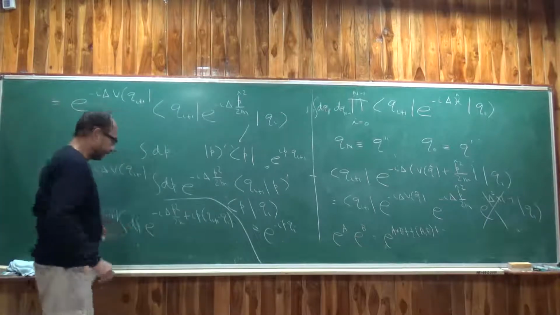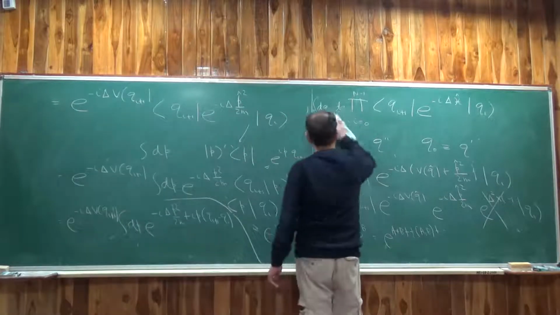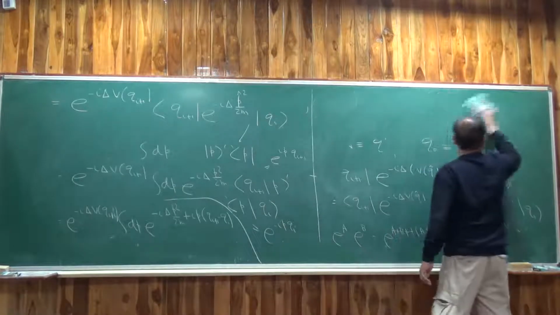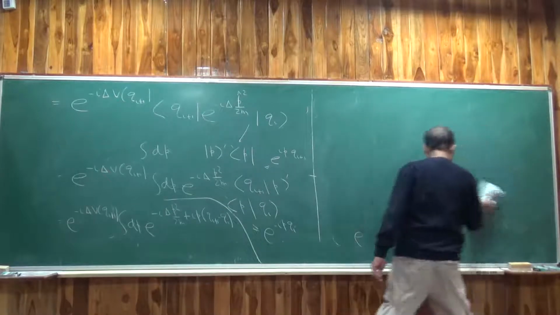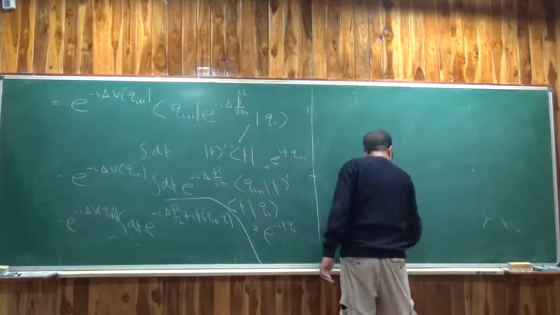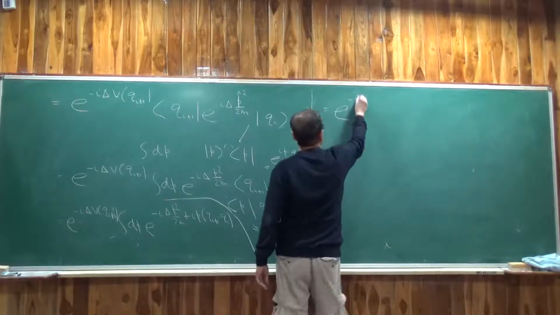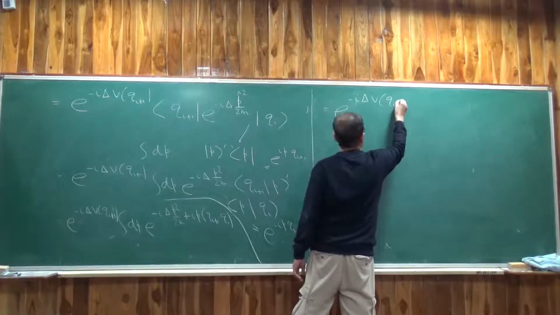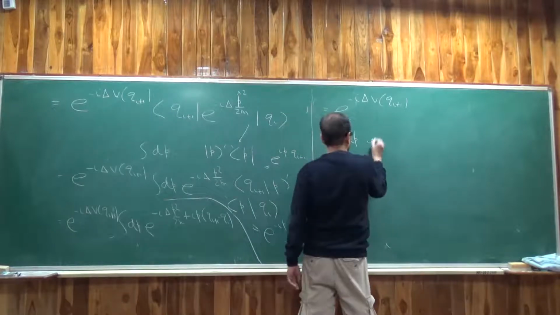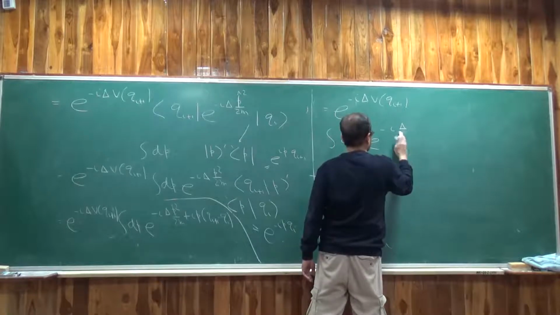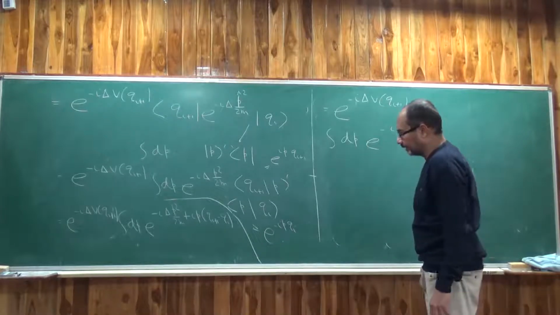So you have to now do this integral. This is a Gaussian integral, so we'll just complete the square. Let me write this as p minus